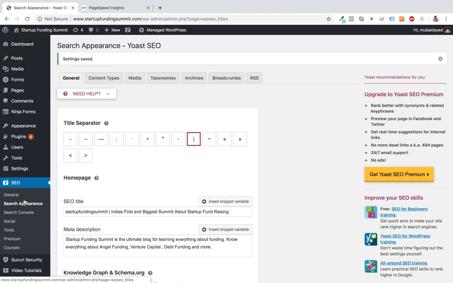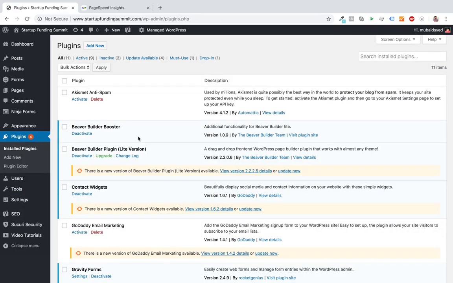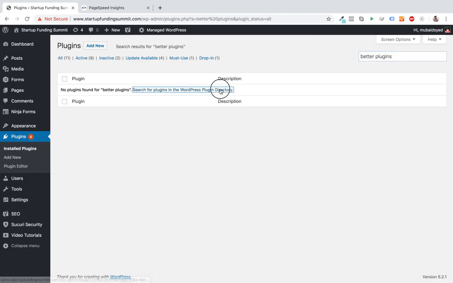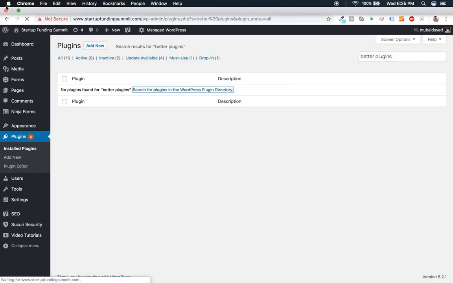Once your blog or your website starts getting huge, there is going to be a lot of redundancy in the data which is going to be saved. So no need to get into details. Just simply go to plugins and install these three plugins, and they improve the performance of your website for loading faster. So I think it's Better Delete.